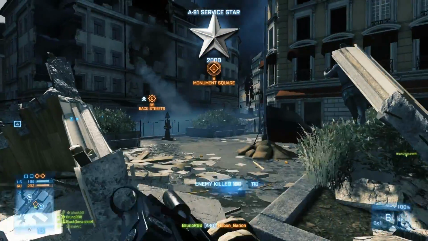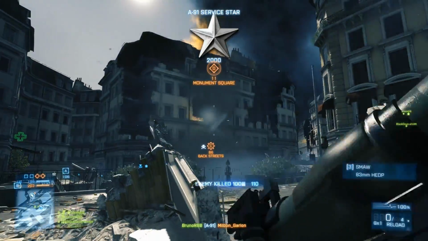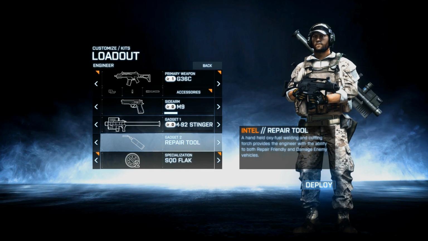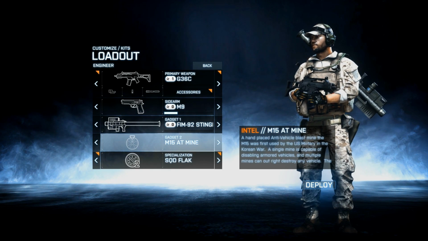In this tutorial I'm going to cover everything you need to know about the Engineer class, including the most effective way to take out air and ground vehicles. The Engineer class can equip submachine guns and everything else you may need to take out enemy air and ground